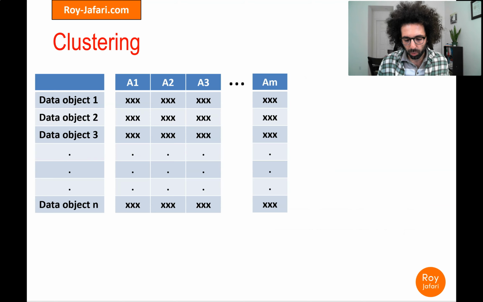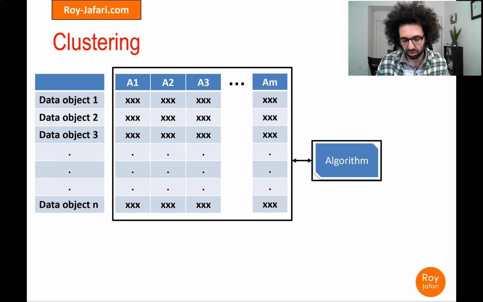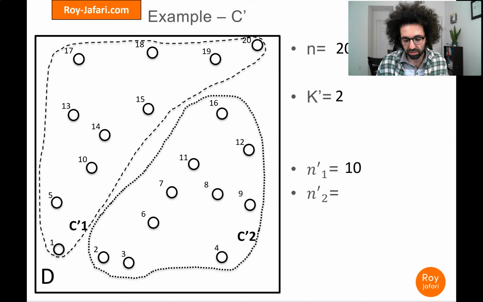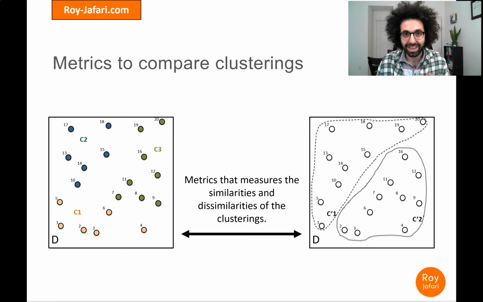And that is not the same as clustering. When we do clustering, we basically group our data objects based on the inherent similarity between the data objects based on the attributes, right? So this is what we do for clustering. In previous videos, we learned that when we have these clusterings, we can compare them to see how similar these clusterings are. And we saw in the previous video that when we have this capability to compare clustering outcomes, we can use it to see if a data set is clusterable, or there is clustering tendency, or there are inherent clusters in the data set.